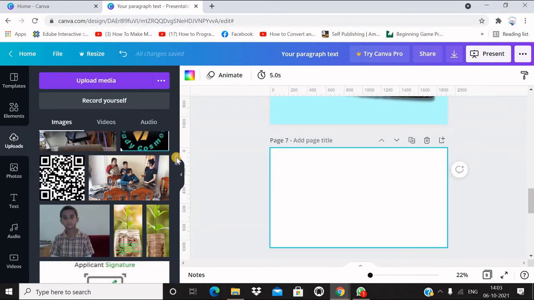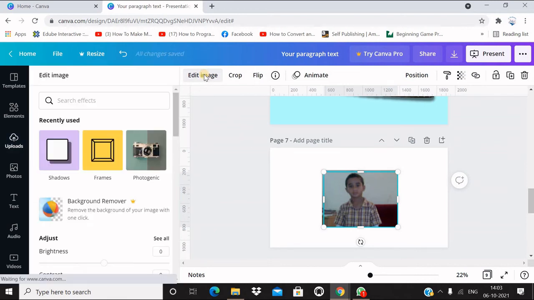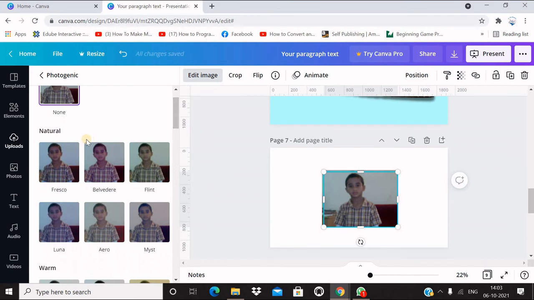In image editing, one more option is available, that is photogenic effects. Let me select this photo. I'll choose the image, go to edit. Now you can see it here, photogenic. You can see so many options are there.